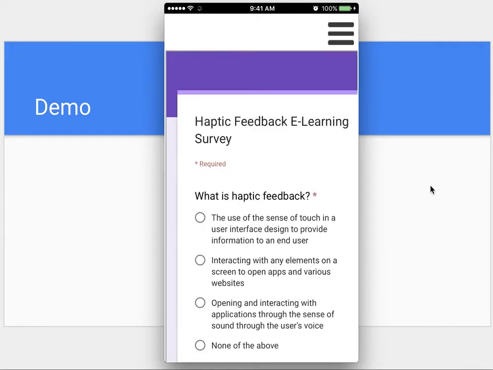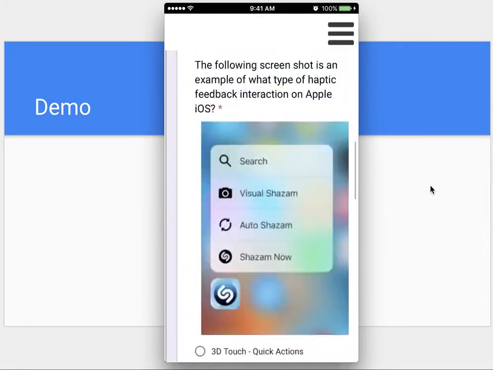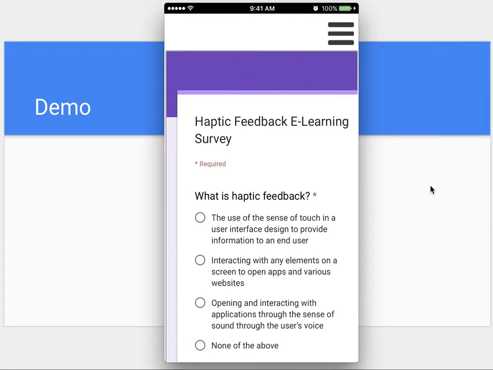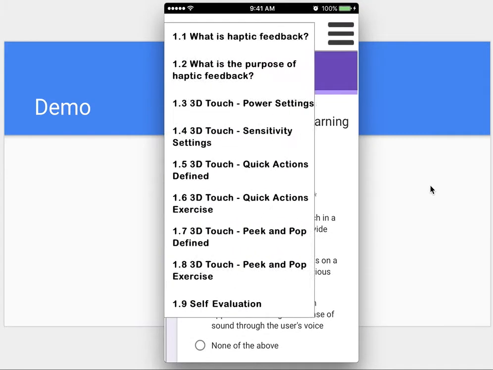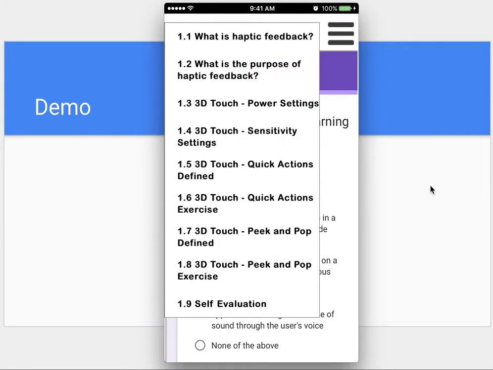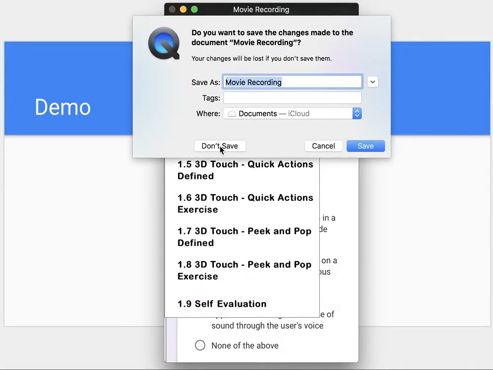And here they begin the self-eval, which is the post-test. Additionally, this is identical to the pre-test you already saw. They also can use this nav menu, which gives them the user freedom to go back to any subsection of the lesson they want, so they can do it at their own pace. There's no time limit here, which was one of the principles that I really wanted to implement. Okay, so now that we're finished with that,